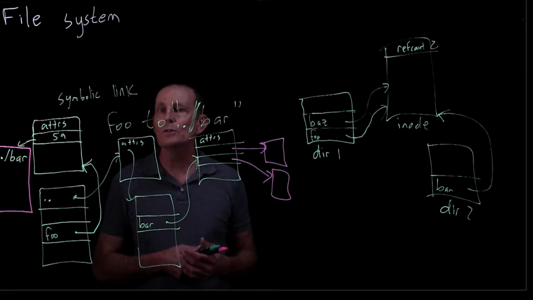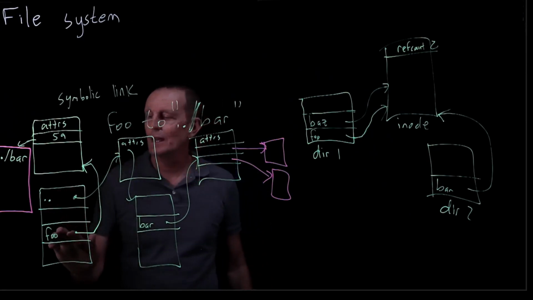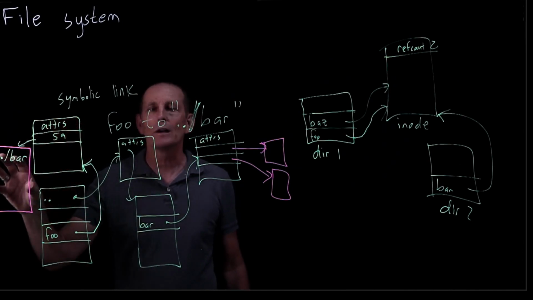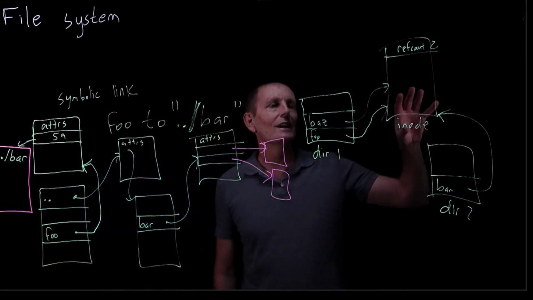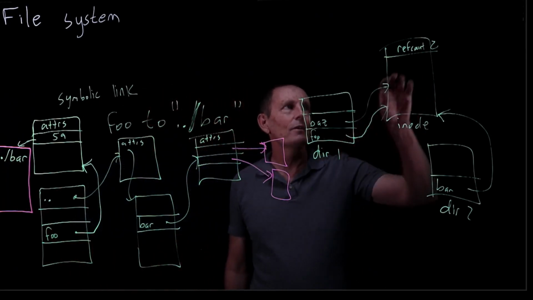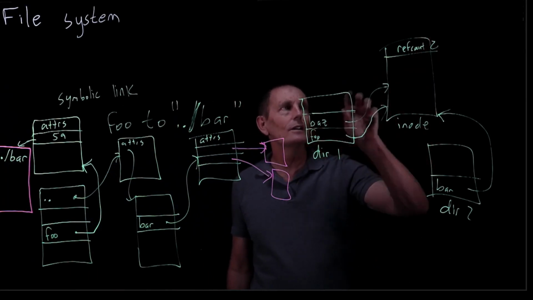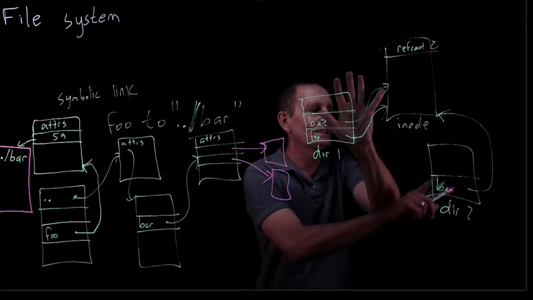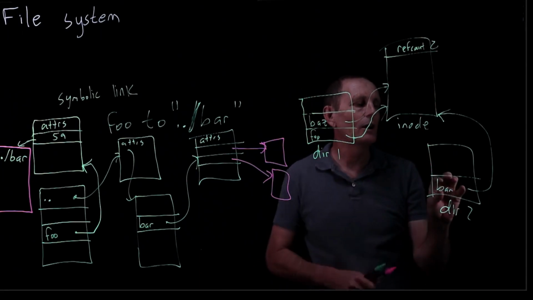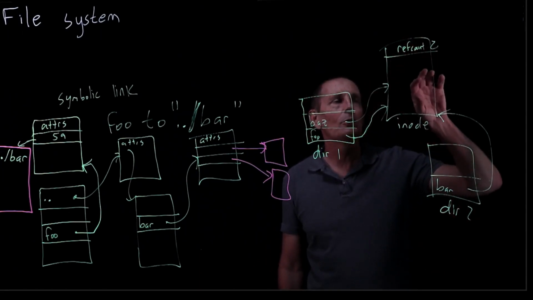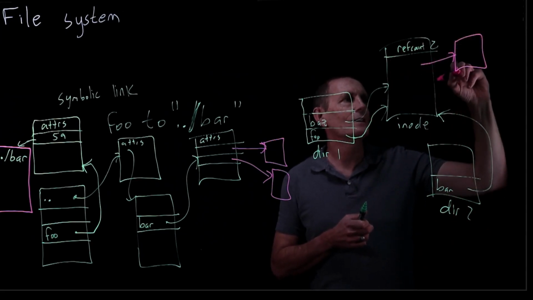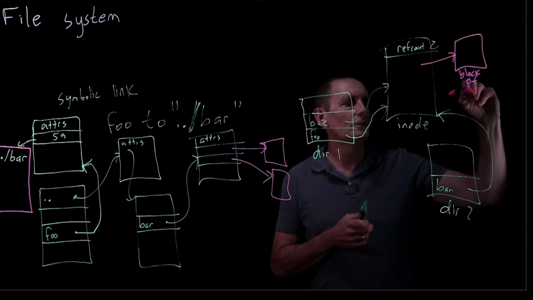If we try and remove foo, it's going to go ahead and remove the directory entry here, and it'll go ahead and remove this inode. This inode had a ref count of 1, so when it goes down to 0, this goes away, and then its block goes away. If, on the other hand, we're over here and we remove foo, then the ref count is going to go down to 2, and we lose our directory entry here. If we then remove baz, the ref count goes down to 1, and we lose this directory entry here. But we still have this reference here, and only when we remove bar, we remove this directory entry, the ref count goes to 0, we lose the inode, and then we also lose, of course, the blocks of the file.